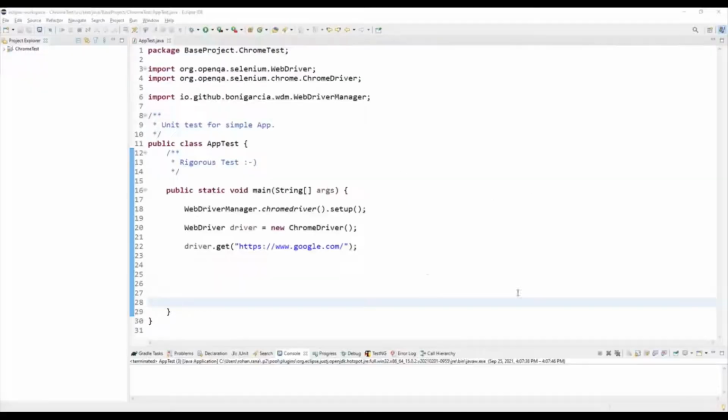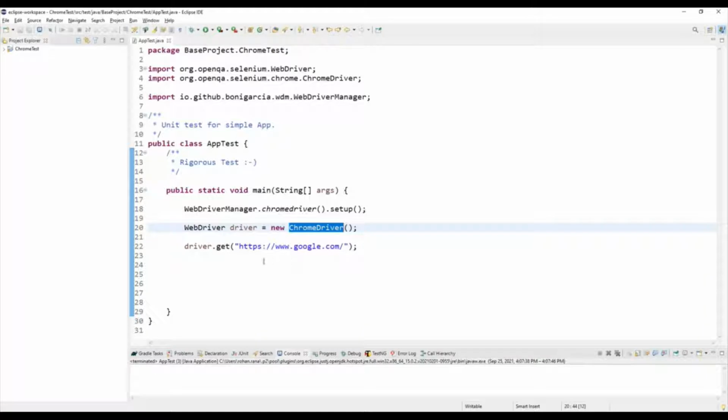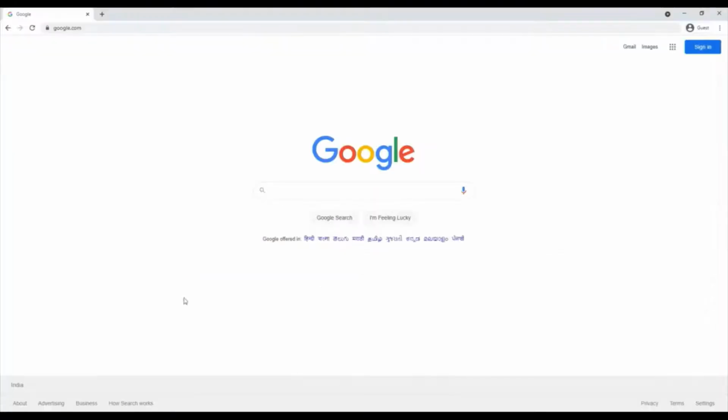So let's get started. I have a simple project here in which you can see that I have initialized the Chrome driver and I'm just navigating to Google. So what I'm going to do is we'll navigate to Google and then click on the Gmail link over there with different alternates of the click method. Let me open Google. So here I'm on the Google page, and I need to simply click on Gmail using different alternates.